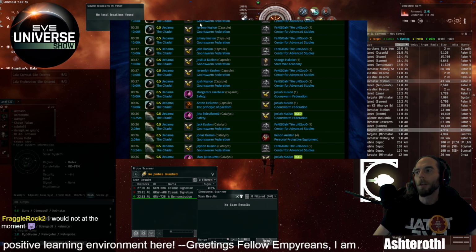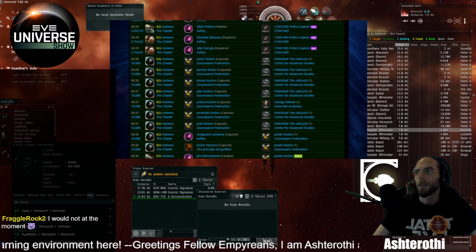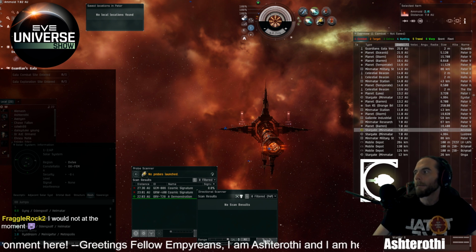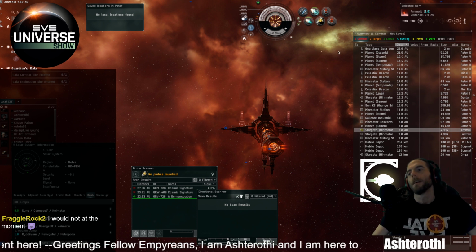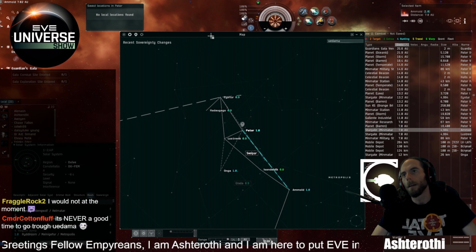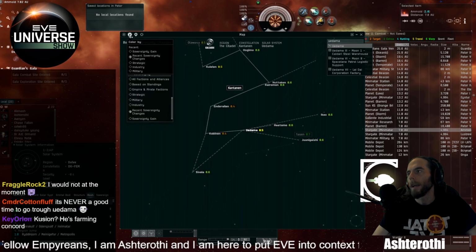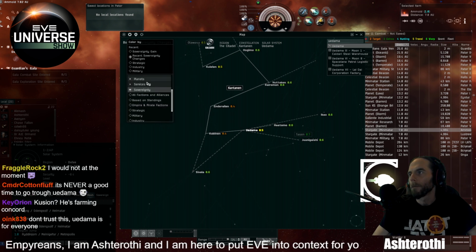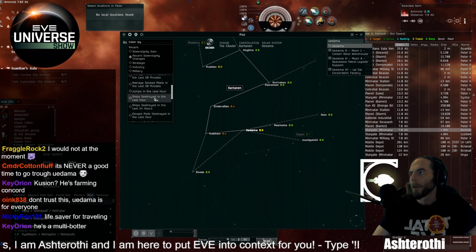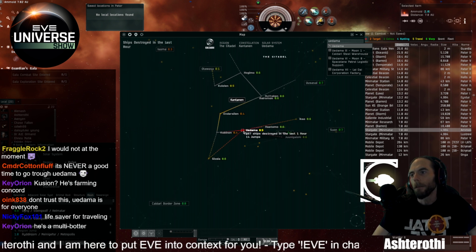Now, of course, you may want to be careful, because just because they're not in Uedama, they might be somewhere else. So you can back this up, of course, by going back into your game, opening up your map, looking up Uedama, and looking up ships destroyed in the last hour. And you'll see that they have been very...